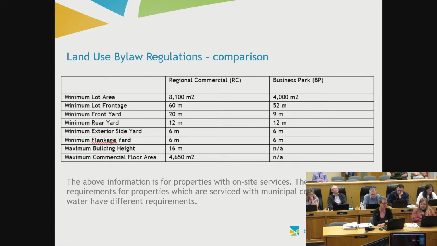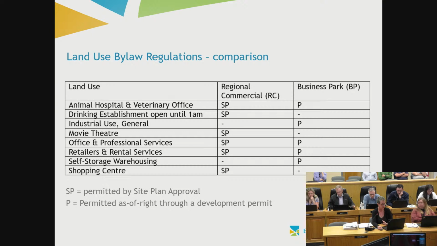So the land use bylaw regulations, there's a table here on the presentation that shows the differences between the regional commercial and the business park zone. And the main one to point out in this presentation is that there is no maximum commercial floor area for the business park, but there is for the regional commercial zone, and that's the reason for this application. So just a comparison of some of the uses that are permitted in the regional commercial and or the business park. The full list is appended to the staff report. SP means site plan approval and P means permitted as of right. And you can see there are some that are permitted in both zones and some that are permitted in either